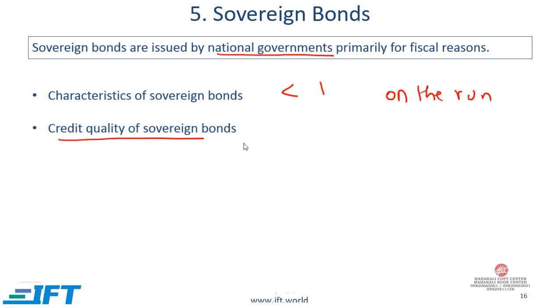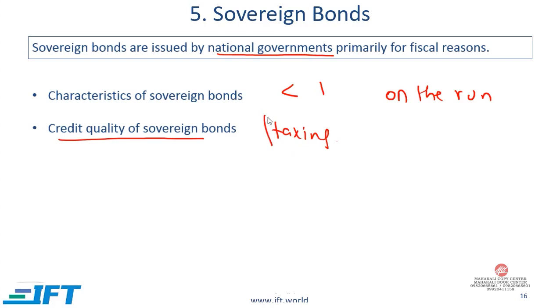Credit quality of sovereign bonds. Sovereign bonds are usually unsecured obligations of the sovereign issuer. In other words, sovereign bonds are not backed by collateral. Instead, they are backed by the taxing authority of the federal government. When the federal government or the national government runs a budget surplus, then the excess money can be used to pay off bonds. If the country is running a deficit, then the federal government can issue new bonds and use that money to retire old bonds.